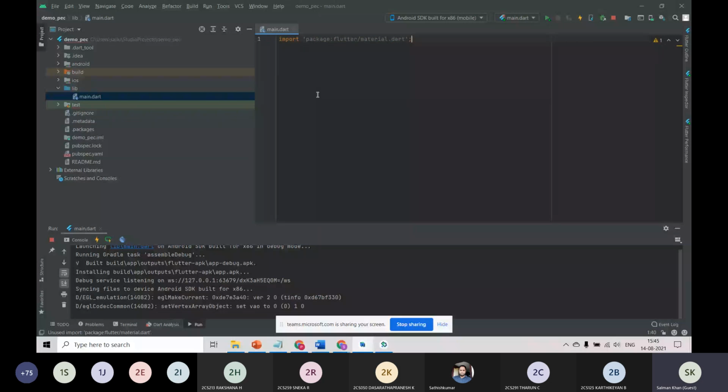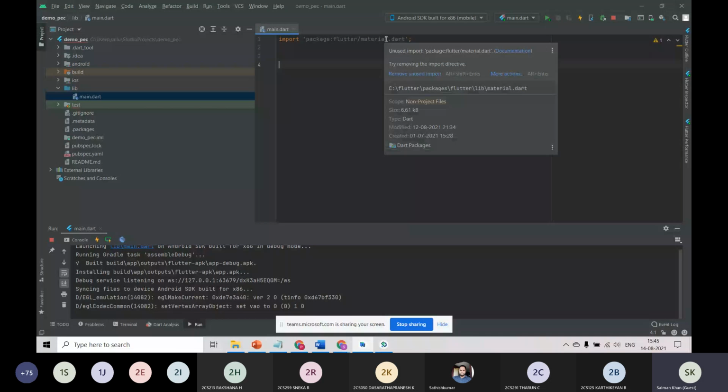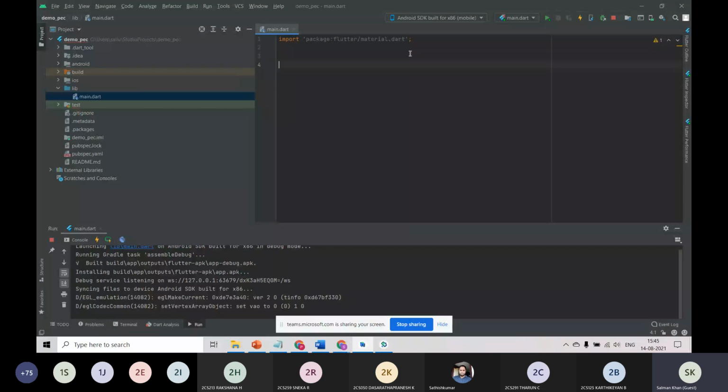So as I said before, material and MaterialApp play the major role when it comes to Flutter, because this is the mandatory package you need to import for everything. And we see there is a stateful and stateless widget, and there is a shortcut key for Flutter. For example, if you just type stful, you will get the stateful, and if you just type stles, you will get the stateless widget, and it will automatically generate every part of your code. And I will just name it as my application, and I don't need these constructors.